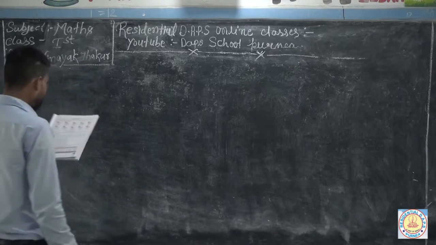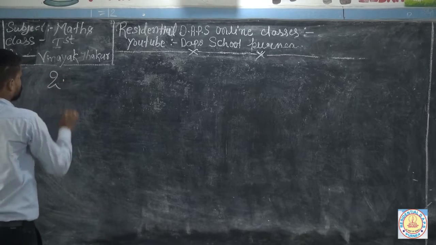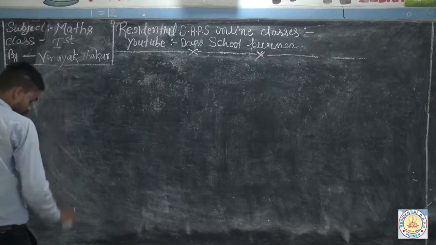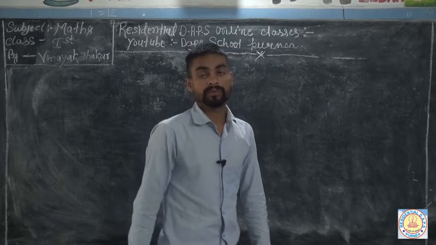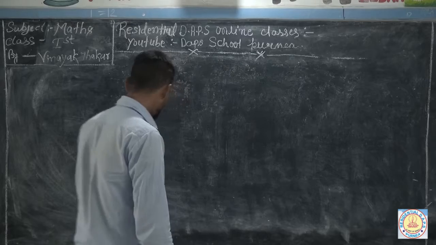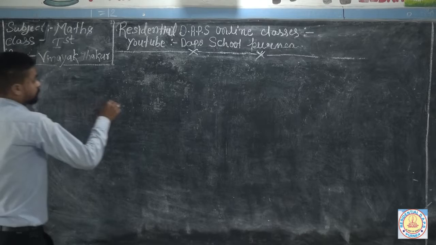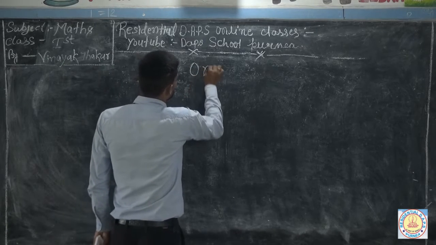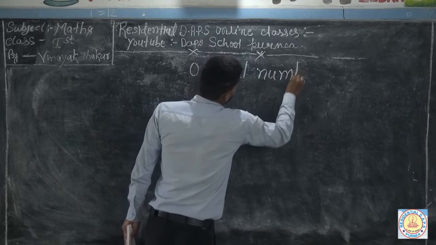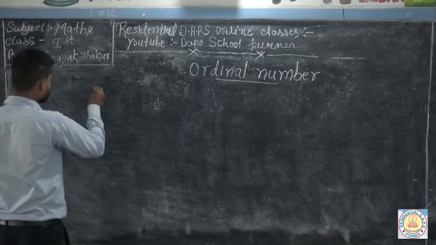Your second question is... At first I will give you the definition of ordinal numbers. So you have to write: open your copy and take your pencils. I'm going to teach you ordinal numbers. So what is an ordinal number? Your ordinal number is the number that is